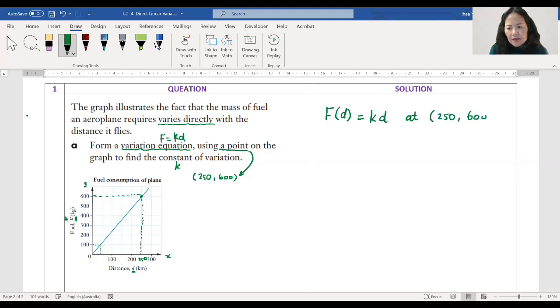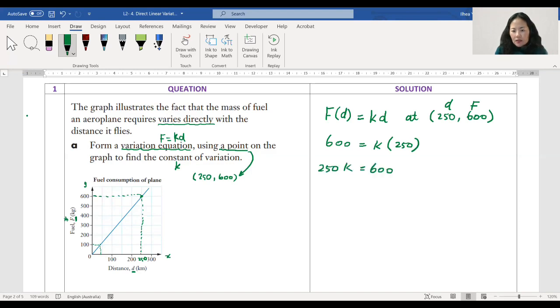So be very careful when you have to choose a point from the graph. Make sure you get a clear one. This is my D, that's my F. So my F is 600. My K, I don't know, we have to find it. D is 250. So I'll go 250K